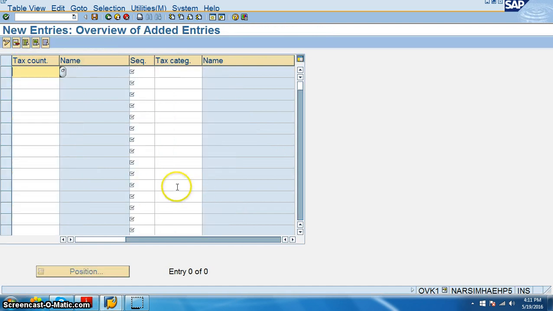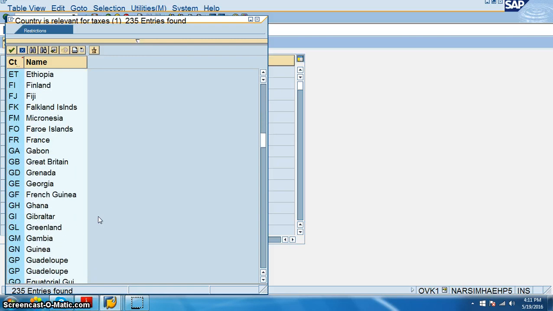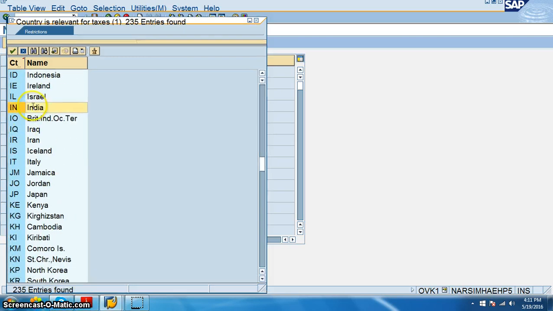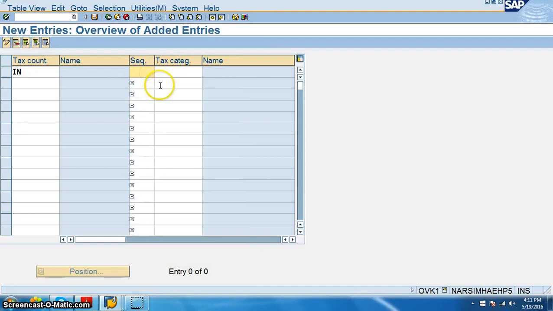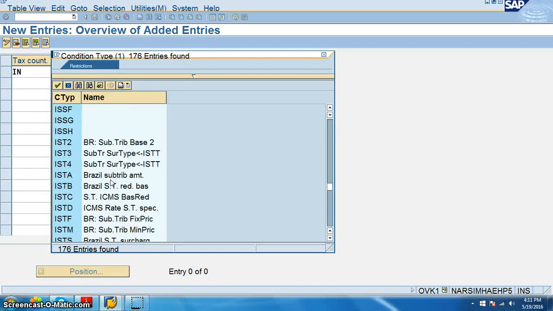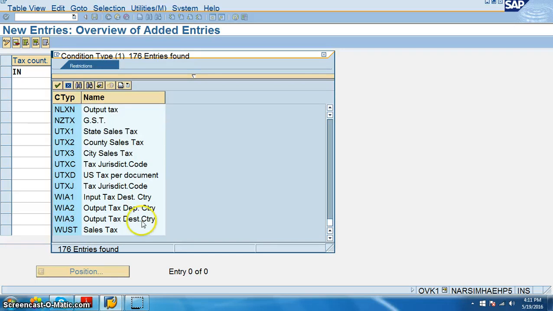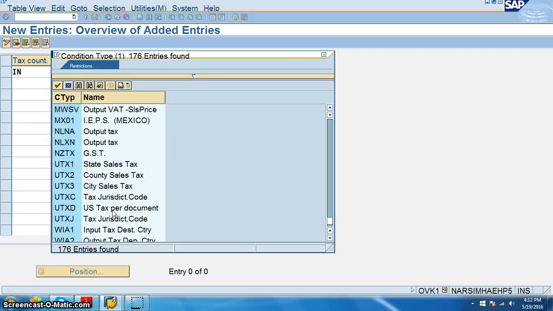We go for new entries, and select the tax country. Tax country is India, the sequence is 1, tax category is something like input tax, country sale tax.